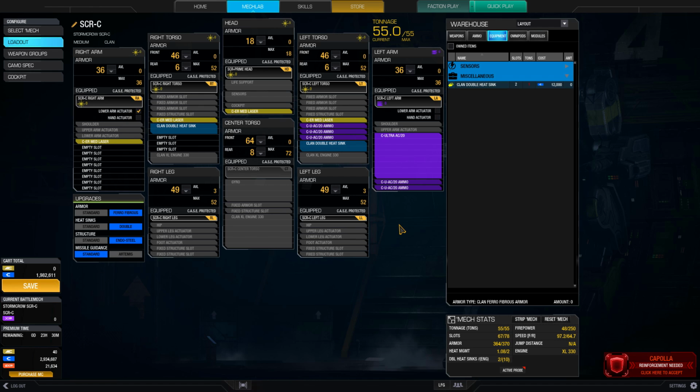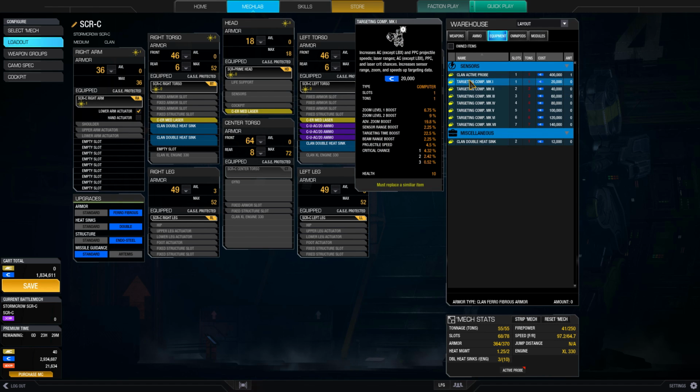Now, looking at this build, it's interesting. I got a 1.08 heat management, and that's pretty low for my comfort with my mechs. So I'm tempted to at least try it out with this laser taken off that right arm and then put on a heatsink to replace it. It gives us a 1.25. That's really respectable. We're basically going to be relying on our Ultra 20 with 3 medium lasers in the torsos to back us up. Something we could also do is put on a targeting computer Mark 1, which increases our projectile speed and our critical chance,